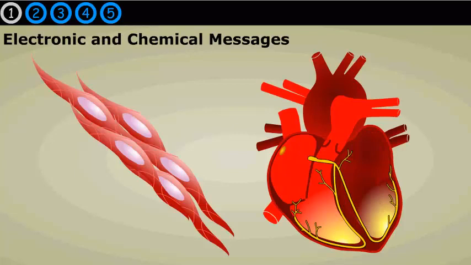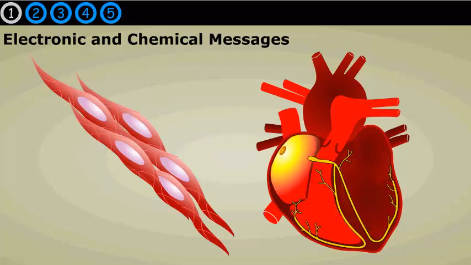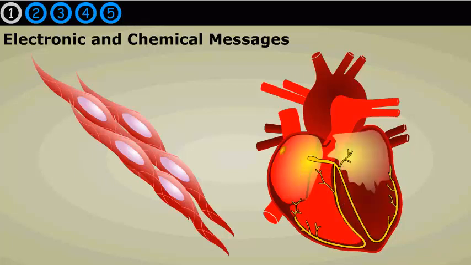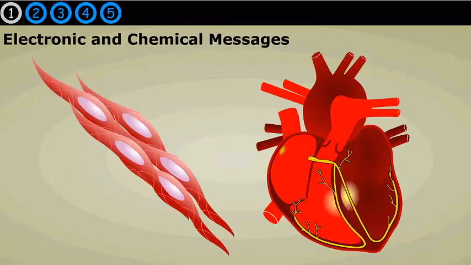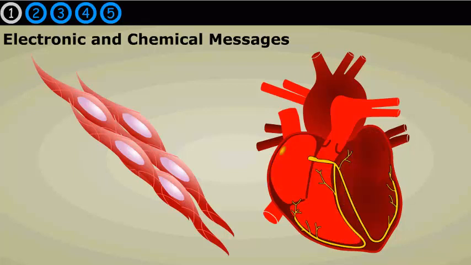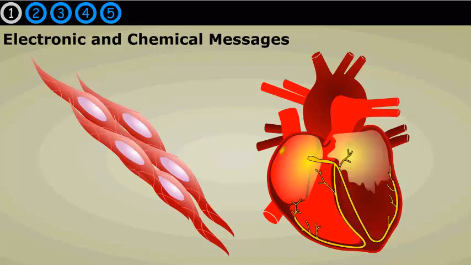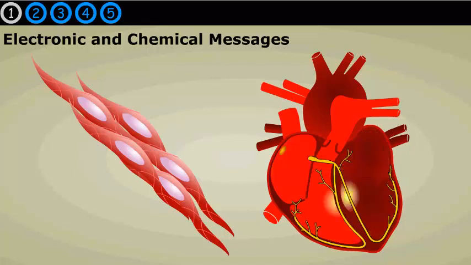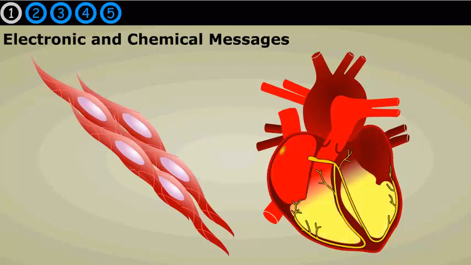Some cells are electronically connected to other cells. Although the difference in charge is passed from one cell to the next cell, the membrane potential produced at the next cell is usually not as high as that of the first cell. Cells of the heart and smooth muscle communicate via electrical signals in this way. This type of connection works well to coordinate the functions of cardiac muscle cells, but it does not work well